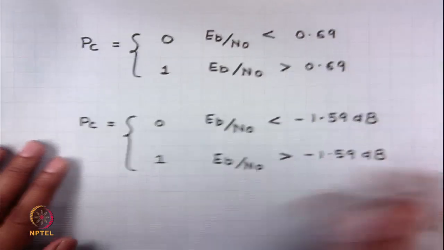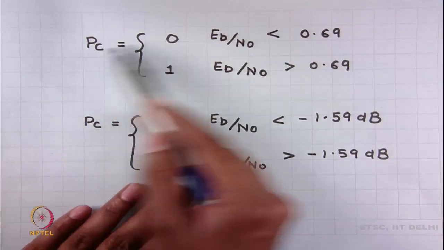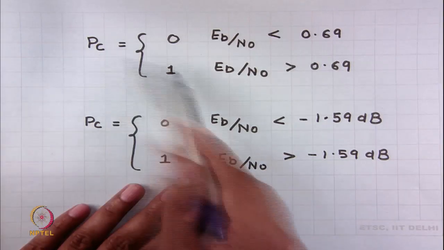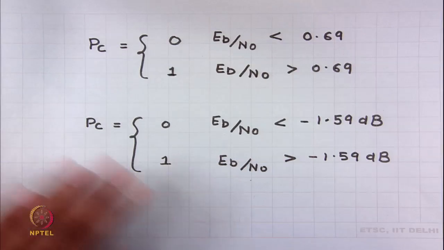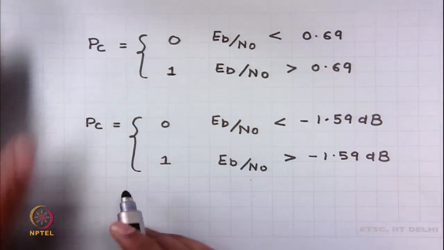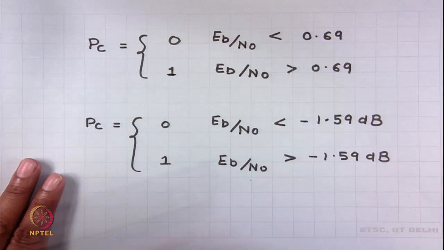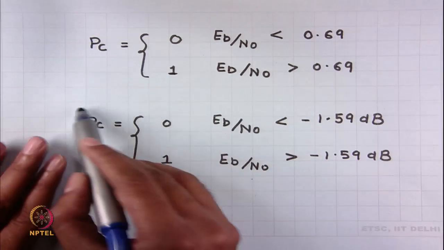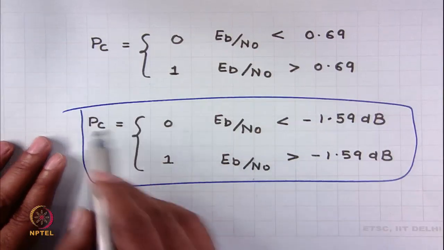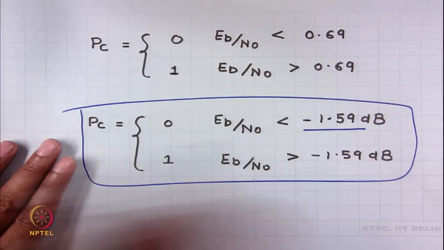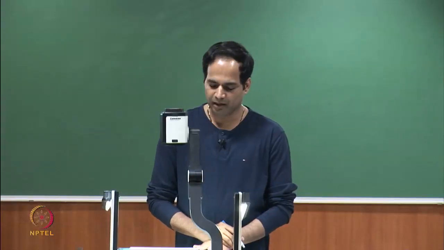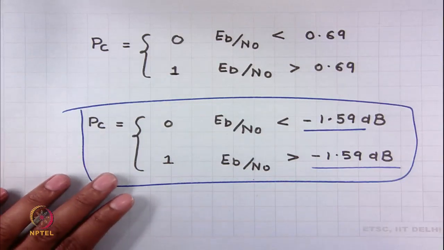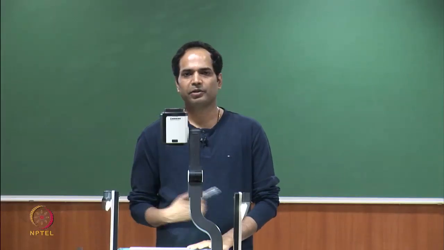We can write it like this as well: the probability of being correct is 0 if Eb/N0 is less than 0.69, and the probability of being correct is 1 if Eb/N0 is greater than 0.69, where ln 2 is 0.69. You can also express this in dB, which is usually done most of the time. So, we have got to this expression: the probability of being correct is 0 if Eb/N0 is less than minus 1.59 dB, and the probability of being correct is 1 if Eb/N0 is greater than minus 1.59 dB. And this proved